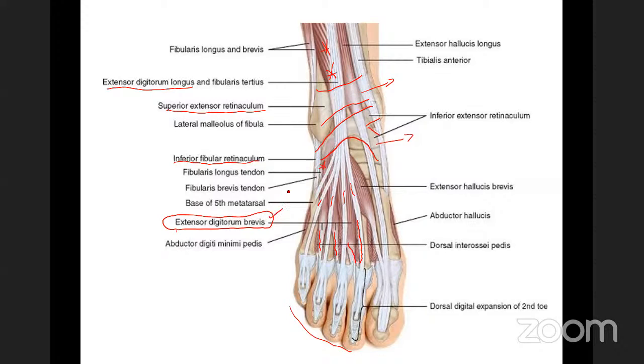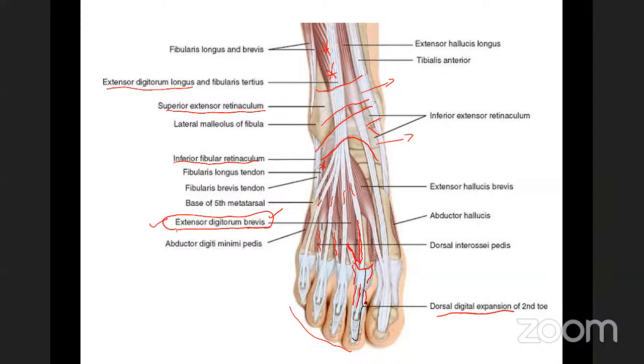It's very easy to remember the name. Extensor digitorum brevis means small. Extensor digitorum longus means the long muscle. Now, once this extensor digitorum brevis joins the tendon of extensor digitorum longus, it forms a hood here. You can see a hood formation here, and that is called the dorsal digital expansion. After forming the dorsal digital expansion, it divides into three slips, the middle slip and the